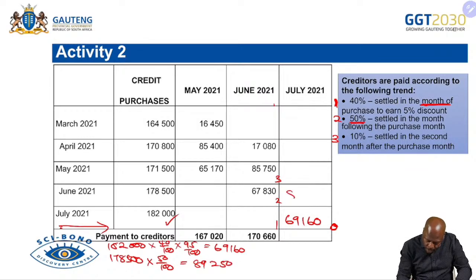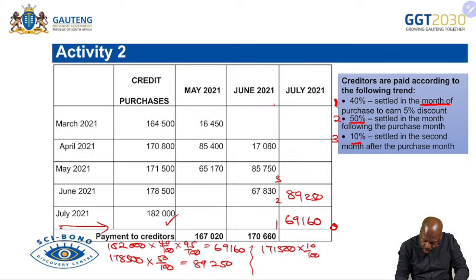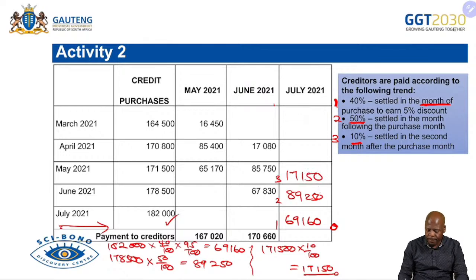89,250. So I come here, 89,250. And then the last one is going to be my 171,500 multiplied by 3. And 3 is 10%. That is going to give me 17,150. So I'm going to come here, 17,150. Okay. And then you can add this, and then you will get your